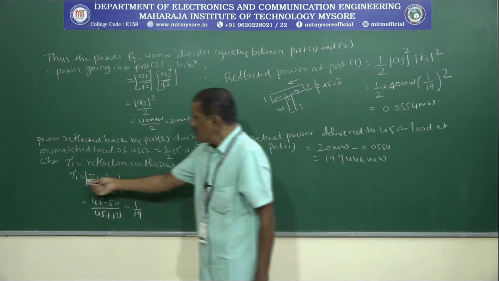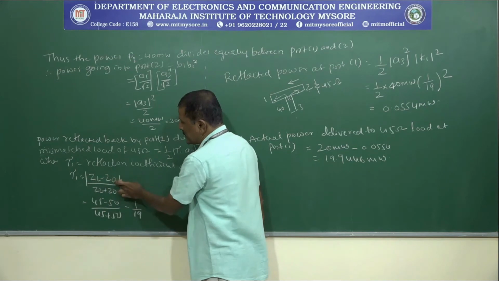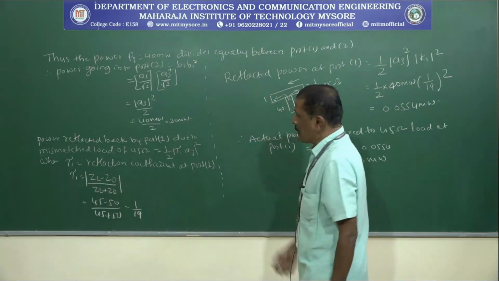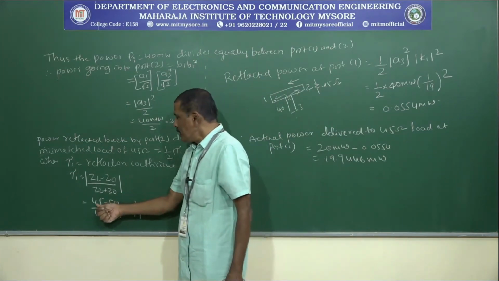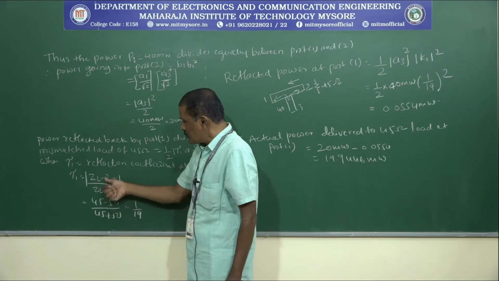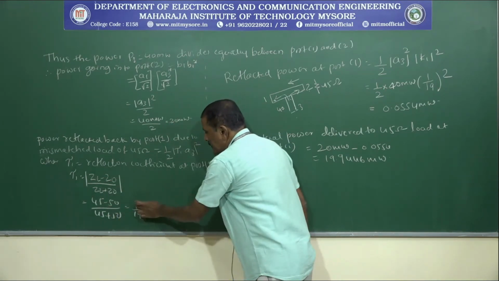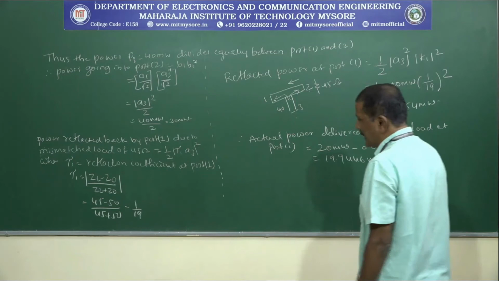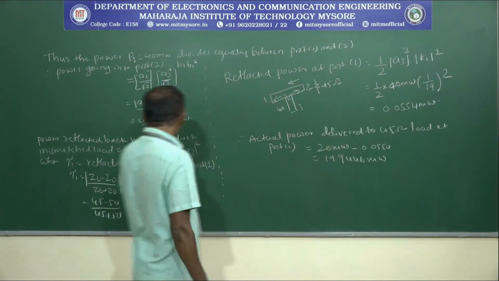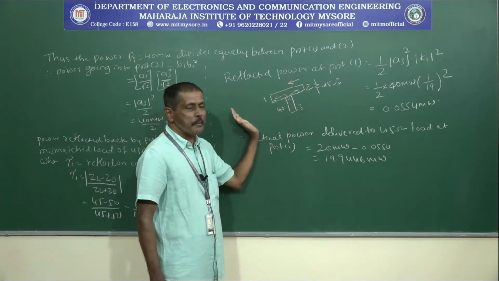Now, what you have to do is tau 1 equals ZL minus Z0 divided by ZL plus Z0. We know that in the given problem ZL is equal to 45 ohms and Z0, the characteristic impedance, is 50 ohms. Substituting the values here, I get 1 by 19. Then the reflected power at port 1: you have to calculate how much of the power is